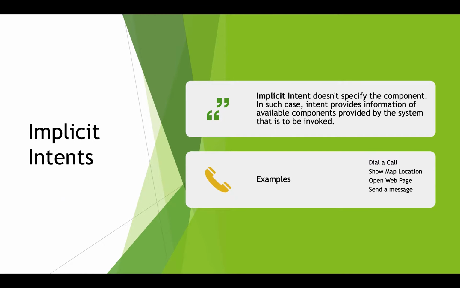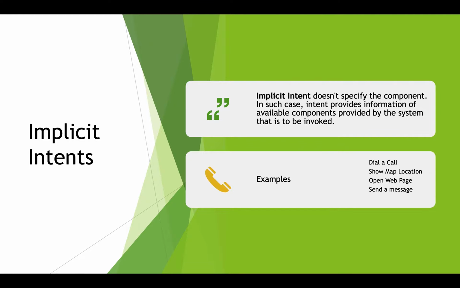First of all, what is an explicit intent? You need to provide a target activity, which screen you want to open. With implicit, as the name suggests, some actions are already available. If you want to operate those implicit components, then we need to go for implicit intents. The best example is an alarm, calling another person, opening a Google Map. Those are all called implicit intents.